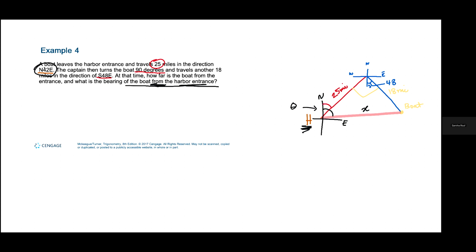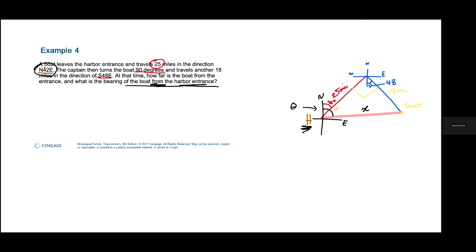This angle is 42 degrees based on the bearing. However, we need the full angle labeled in black. But if this tiny portion is 42, then this portion right here,